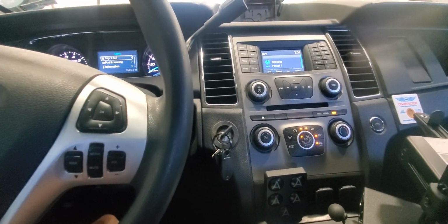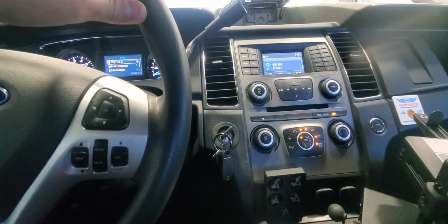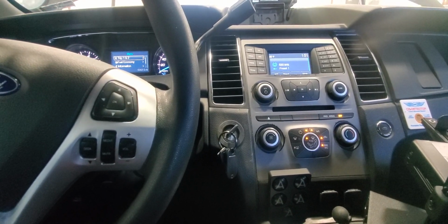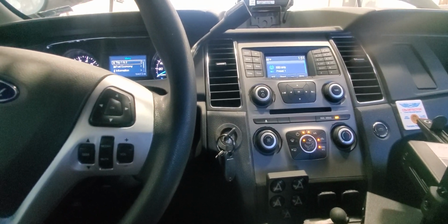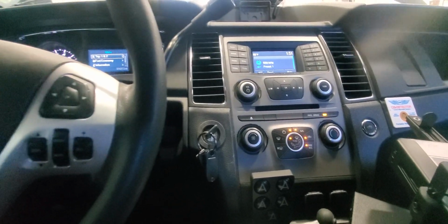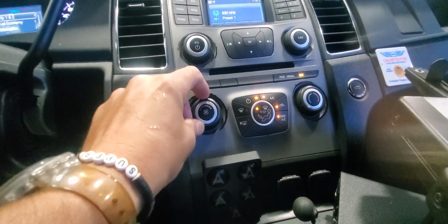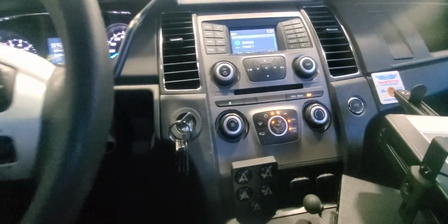And I checked, the refrigerant level is fine, the compressor is fine. The temperature inside the vehicle is 86 degrees right now, and the AC is not turning on. The fan is on the medium. You see all the controls are on. The mechanical